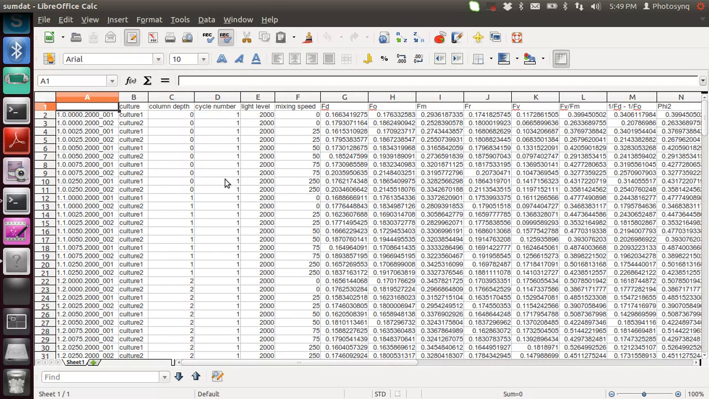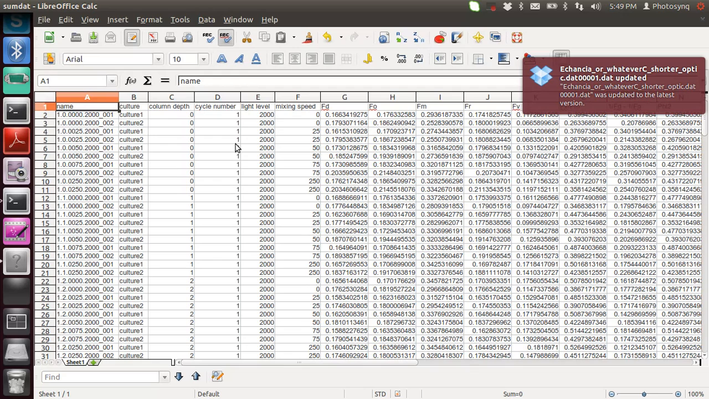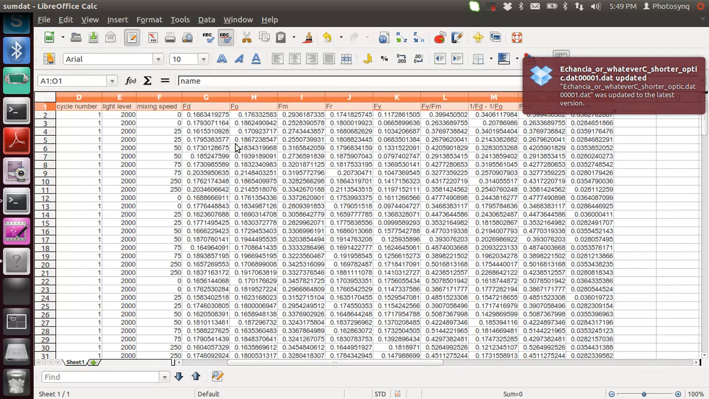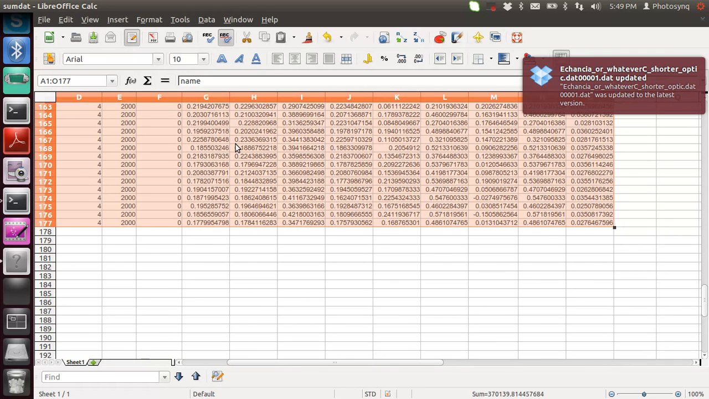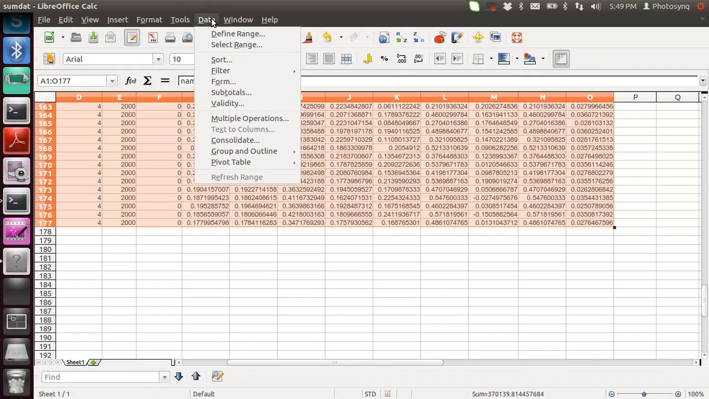So here's what we're going to do to use pivot tables. Just quickly add a name to the top of this column. It doesn't matter what it is, just so that the column has a name. And then you're going to select all the columns and all the rows, 177 rows. And you're going to go up to Data and Pivot Table and create